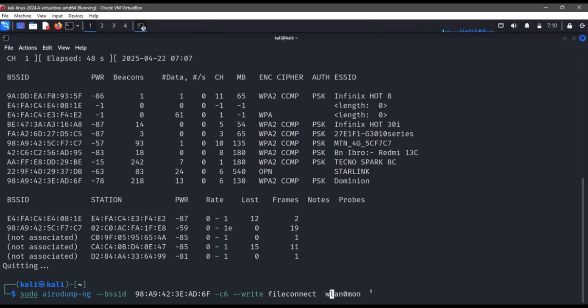So let's go through the command again. Sudo airodump-ng --bssid 98, the MAC address, -c 6, which is the channel number, write to file connect. Or if it's too much, let me just put it file,